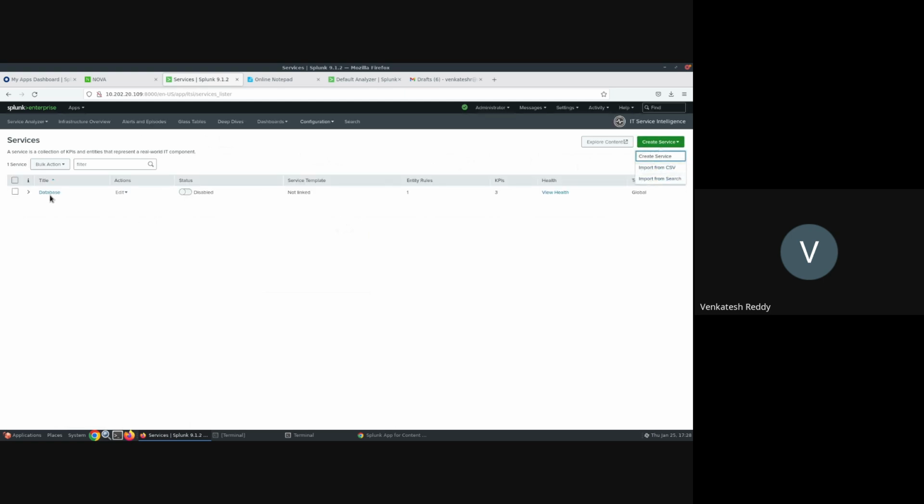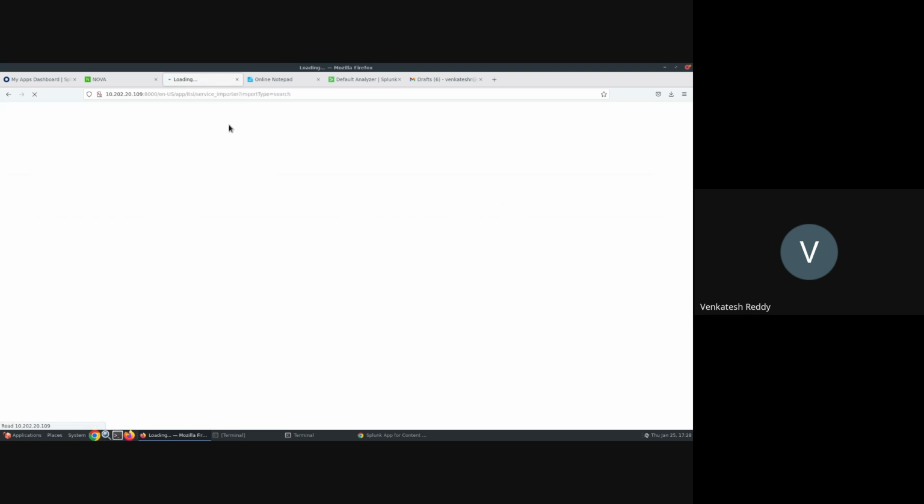So here the service is defined, and it has 3 KPIs. And then import from a search. The CSV file is good when we have a small number of services, like 5 or 10 or 20.